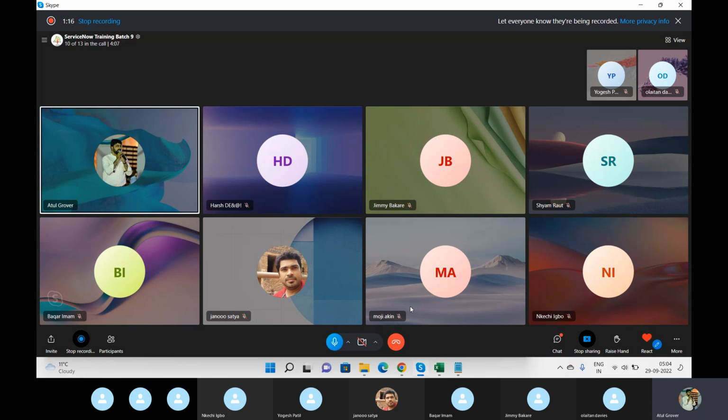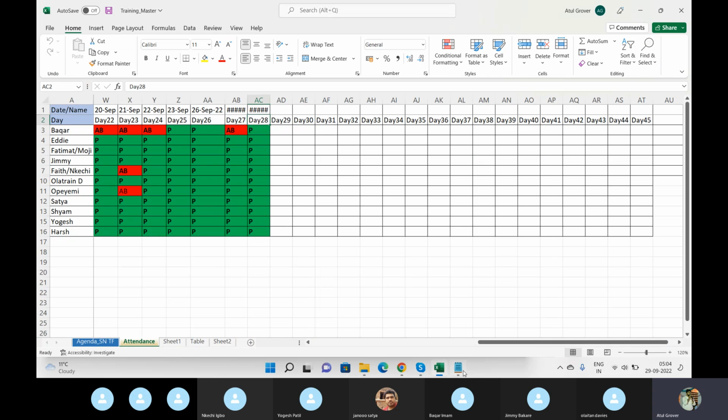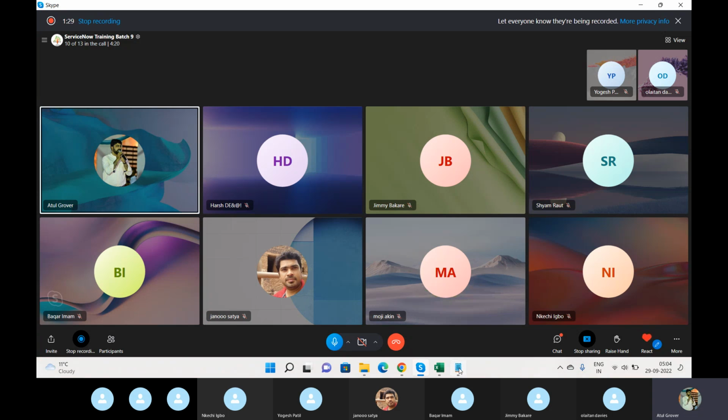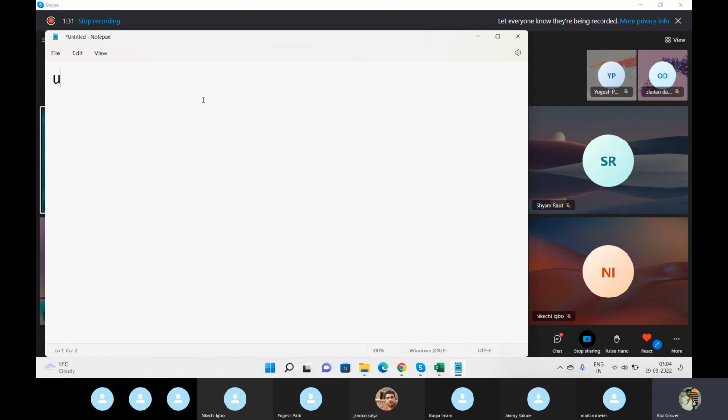Now there is one more concept. If you remember, when we discussed table-level discussion, I said there are two types of tables that get created in ServiceNow when you create a table. One starts with U and one starts with X. U means a user-defined table. X means it is again a user-defined table, but it is a